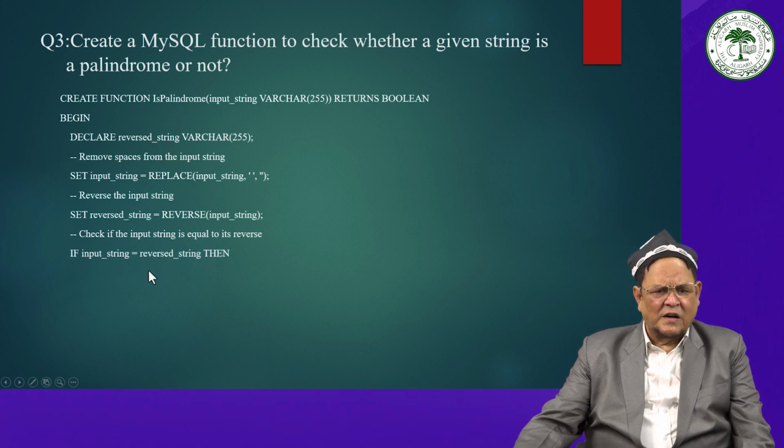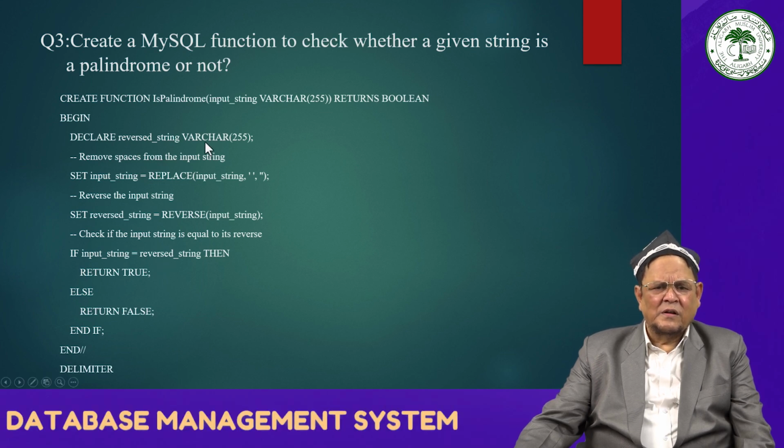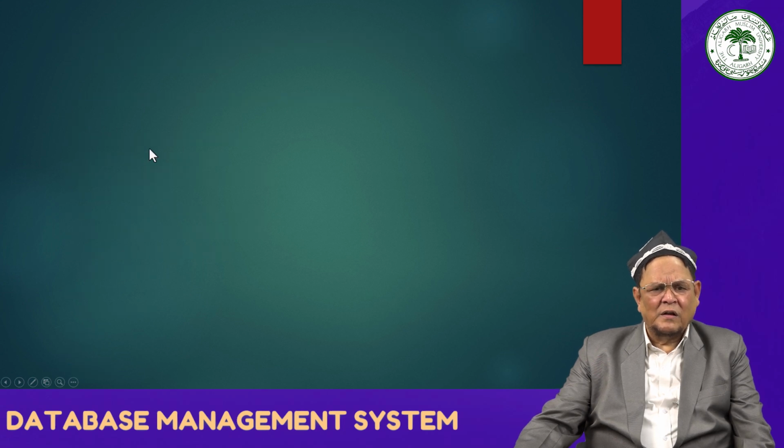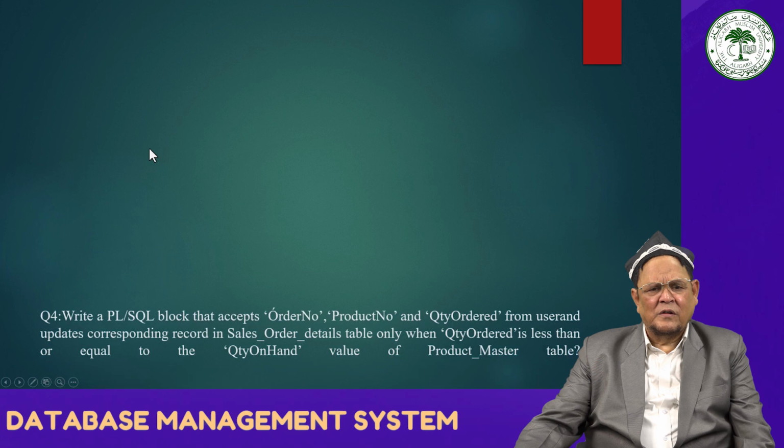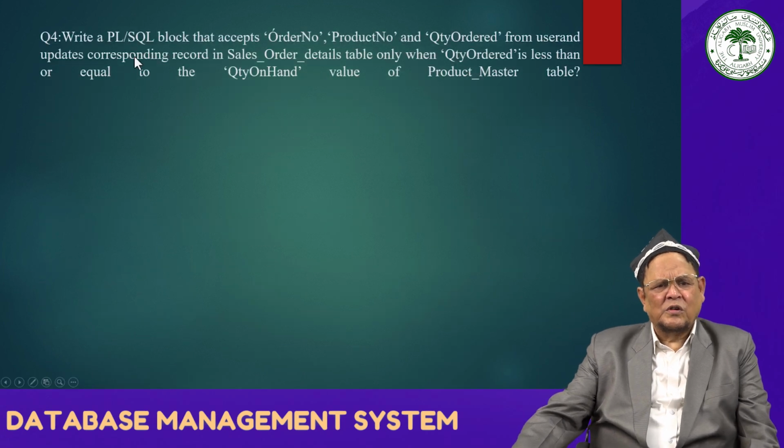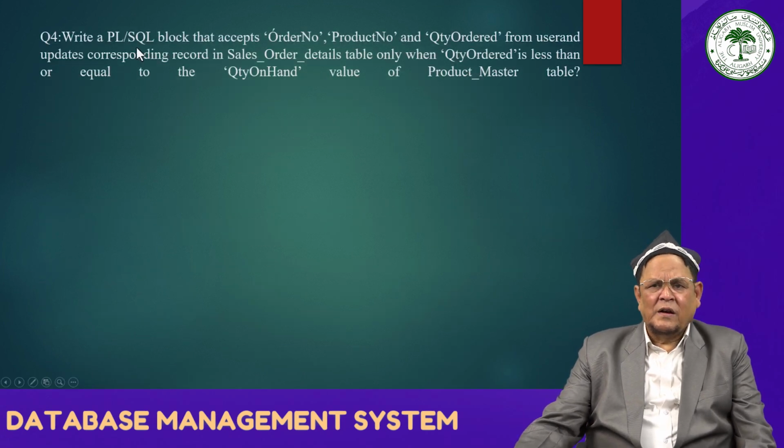The command is: if input_string is equal to reverse_string, then return the true value. Else, return the false value. In this way we are able to find it, and then the delimiter. By writing this command in MySQL, you are able to find whether the string is a palindrome or not. The fourth question was to write a PL/SQL